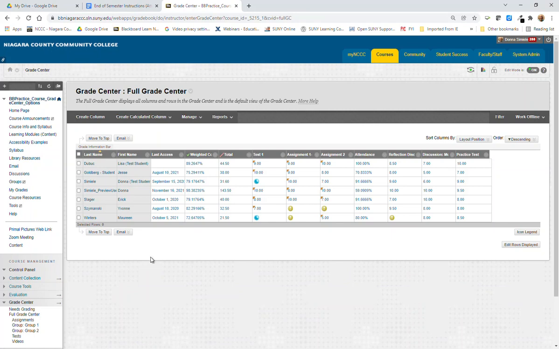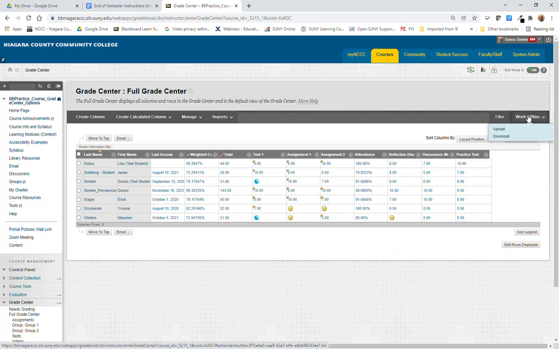Okay, now I purposely left it open so that there were certain submissions here that I did not grade, because I want you to see what it looks like if you submit it without finishing grading. Two things you want to make sure of: you've graded everything, and you've put zeros in for any assignments that they did not complete. Otherwise your weighted total or your total column would not be accurate. Okay, so I'm going to leave it as is,